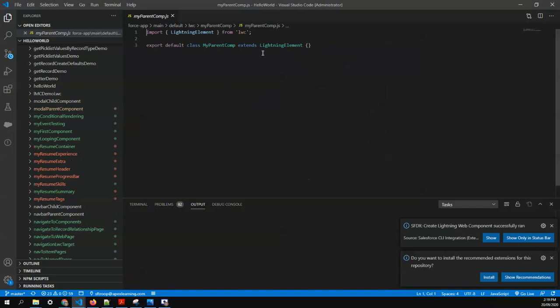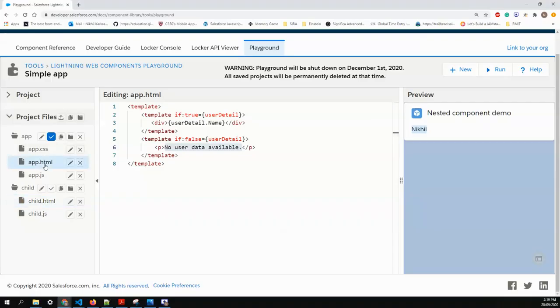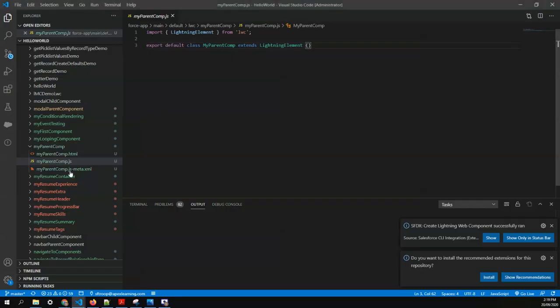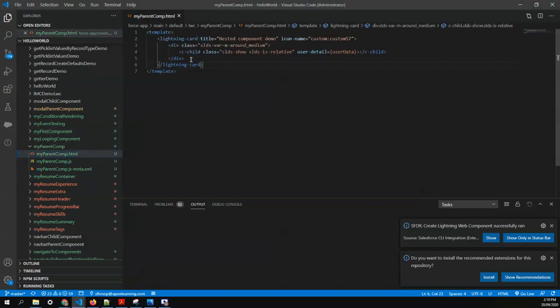So now our component is ready, myParentComp. In this parent comp, I'll go to my playground and copy-paste this data as it is. Right now we don't have the child component, so I can comment it out for the time being.